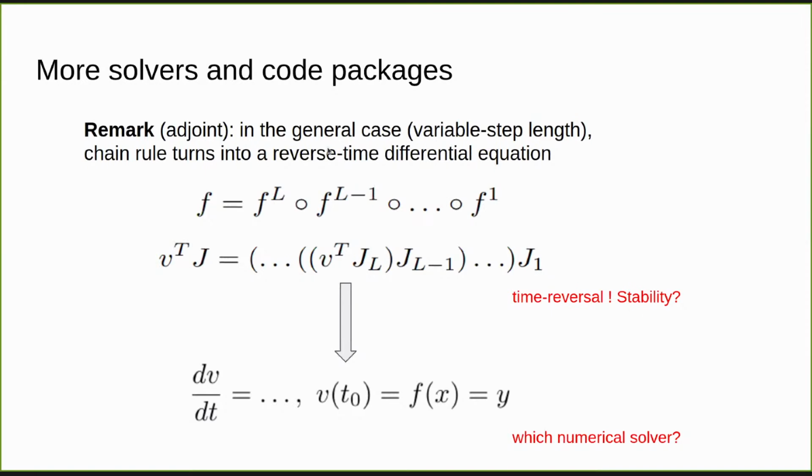Another thing to quickly mention is that I always talked about fixed step lengths. If you consider variable step lengths, it may be more natural to look at the time continuous version of this. So both of these are called the adjoint method. The discrete time version, for instance, some of you might know from data assimilation, where this plays a role in geophysics. But also the time continuous version exists, where a vector is passing through the system from some initial state backward